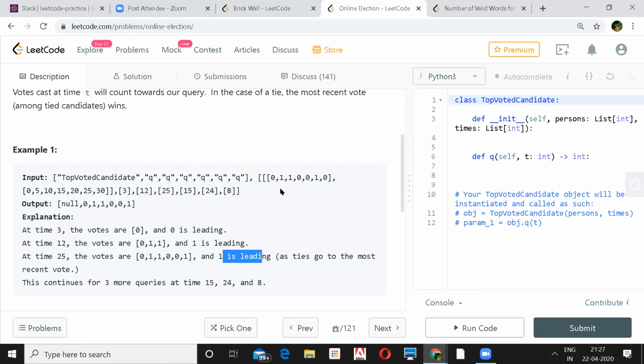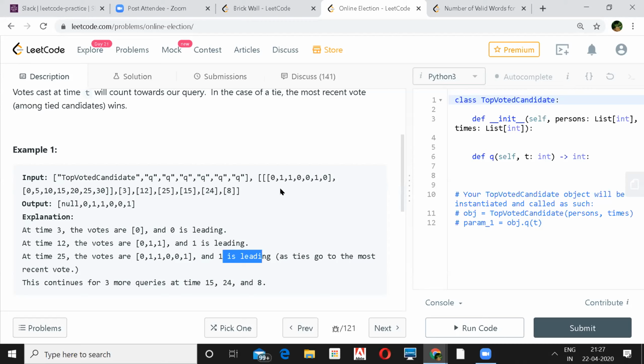They also indicate the time is strictly increasing. Yeah, that is important too. So is the first array, after the top candidate one, like the 0, 1, 1, is that the person's ID? Yeah, it looks like those are the candidates. 0, 1, 1 is whom they voted for. Okay, it's their ID, I think, right?